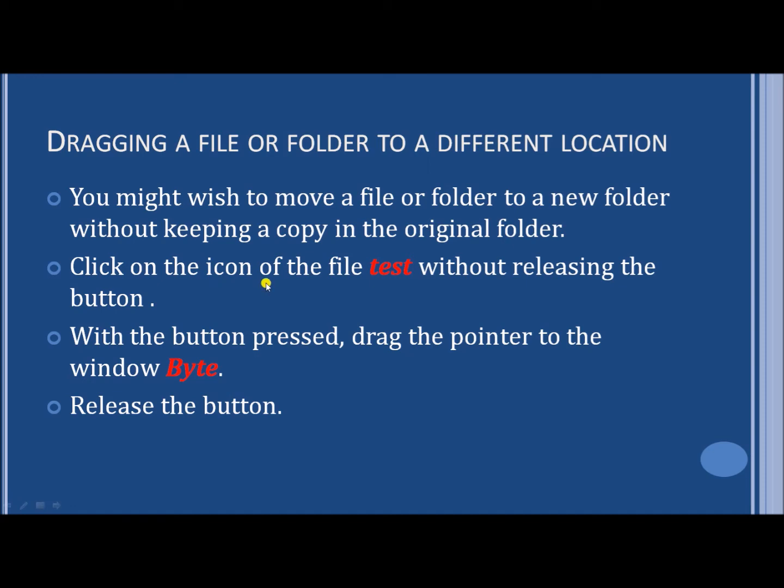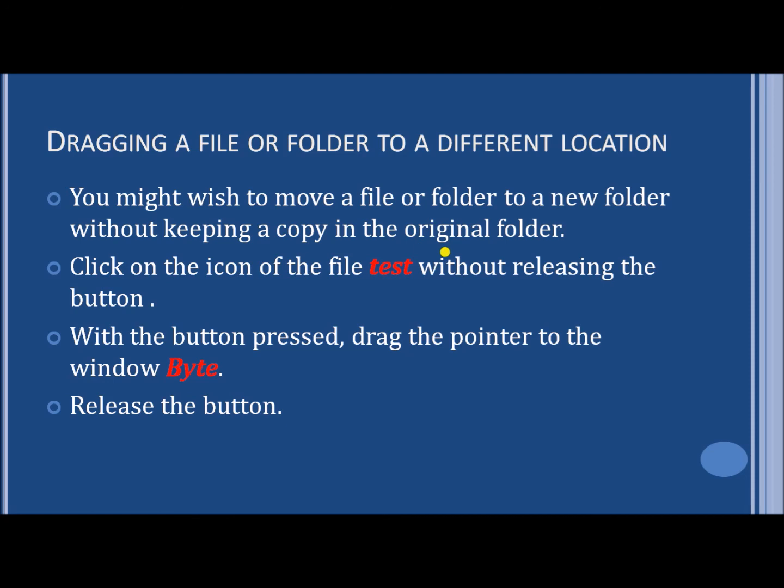What we'll do is click on the icon of the file test, which was placed in the folder named right. Do you remember in the previous example? The test file which was present in the folder right. Now we want to move it to the folder byte, without having its original copy in the right folder, just changing its location.